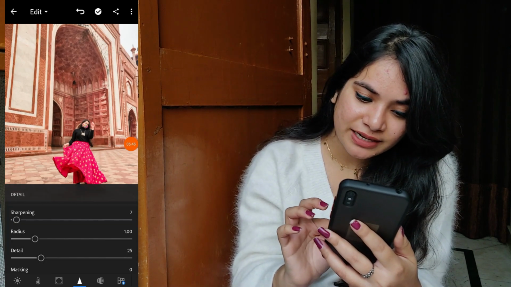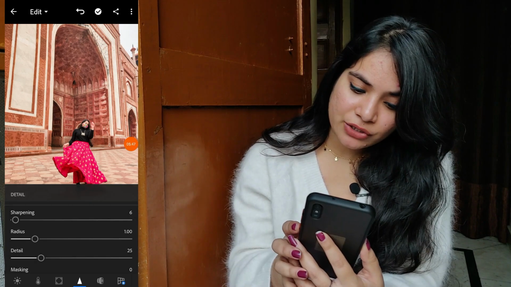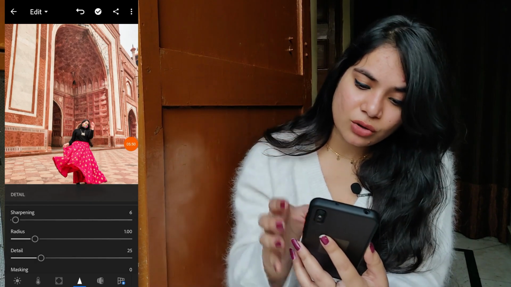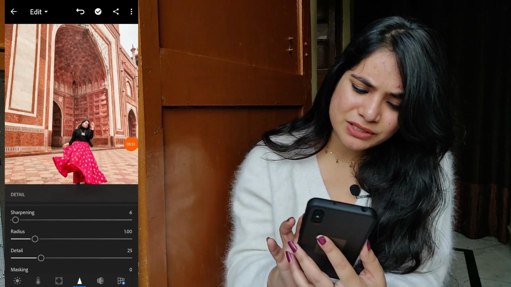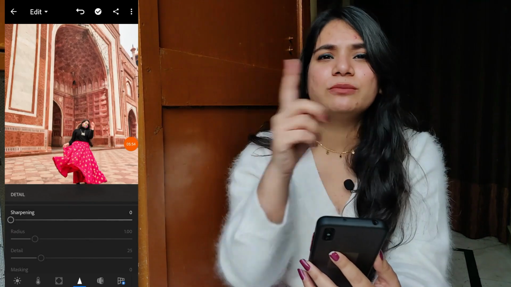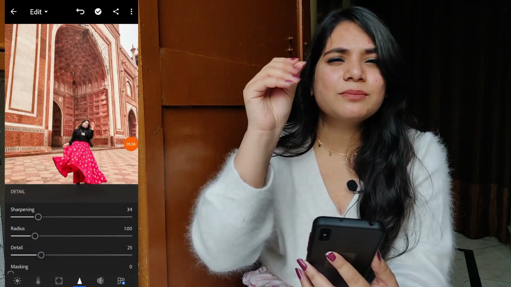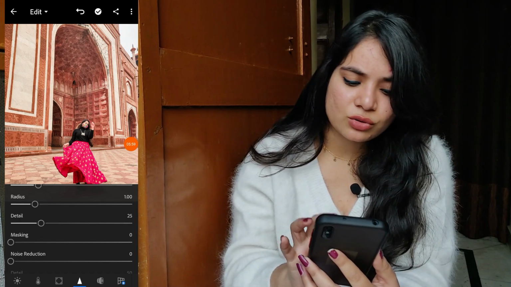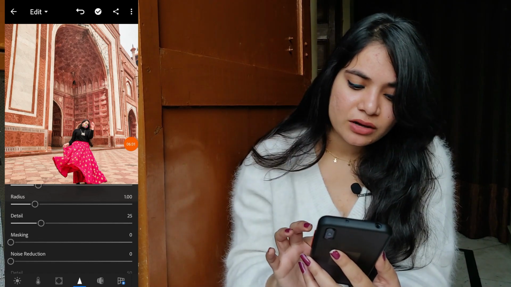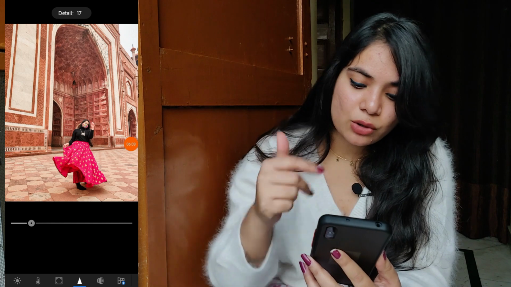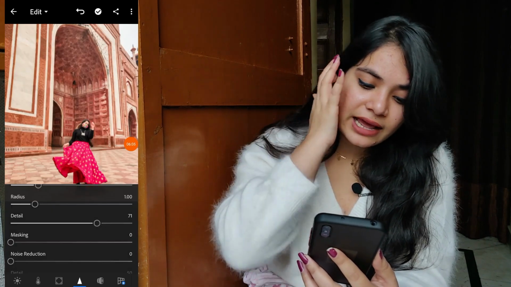And then details. This is like sharpening your picture. I don't sharpen my picture a lot. मुझे ज़्यादा पसंद नहीं आती है, because when I transfer them from one medium to another, there is some problem if I use sharpen feature a lot, तो मैं उसको बिल्कुल भी छेड़ती नहीं हूँ. But if you use the sharpen feature, it will open the other two, which are detail and noise reduction